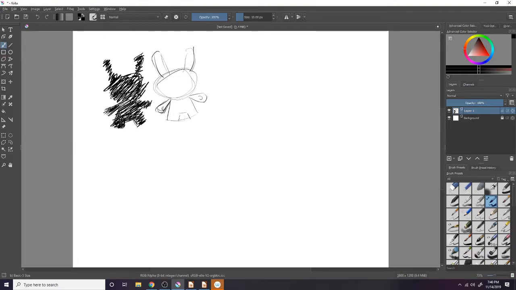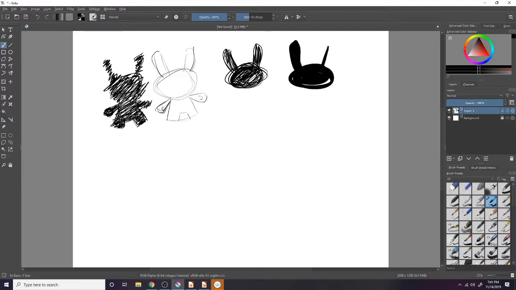I scribbled in one direction, but you can change it up and scribble here to get some different definition. And you don't have to scribble in a straight line either. If you feel like, I'm going to start with the head and make this shape, and then the ear comes up like this. We're just scribbling to get a silhouette down fast. A lot of artists do this. They'll probably work with something like a fatter pen. If I get something nice and big like this, then I can work a little faster, right? I don't have to scribble in as much.